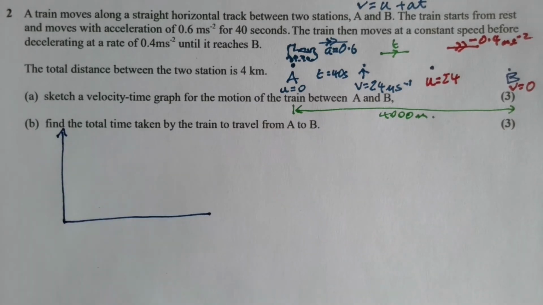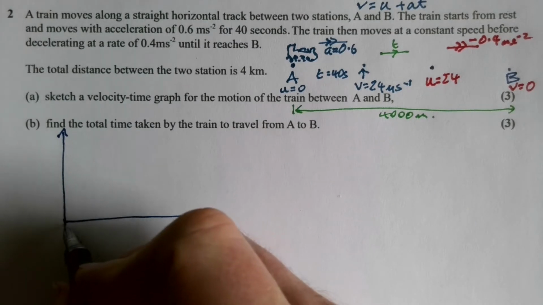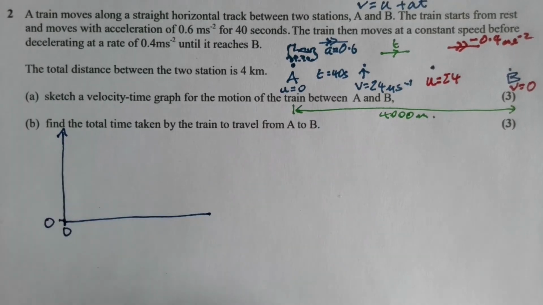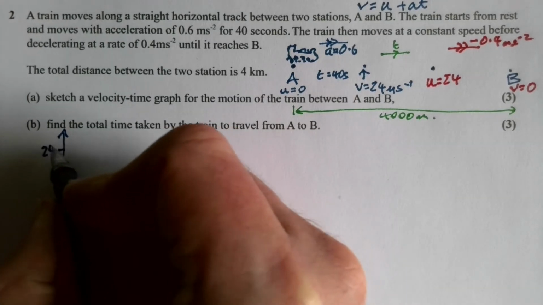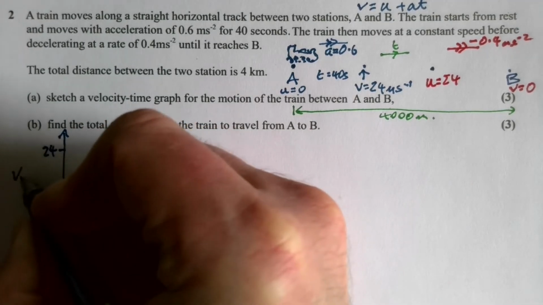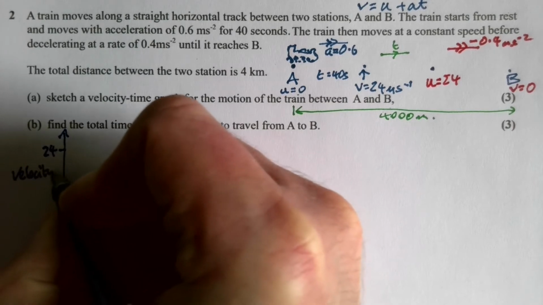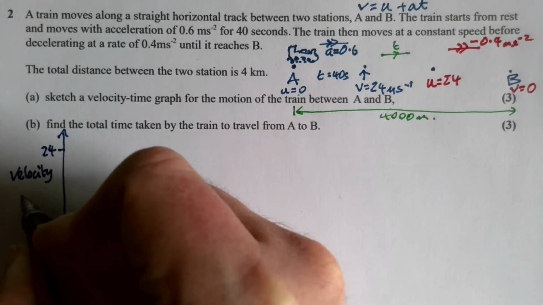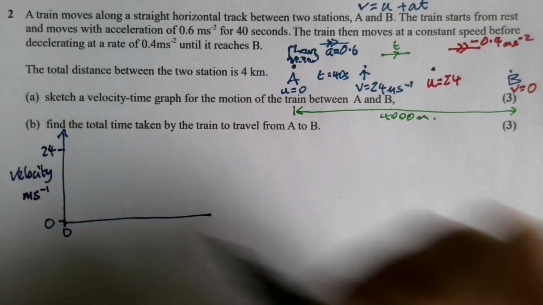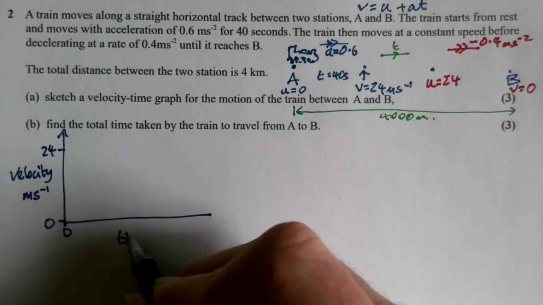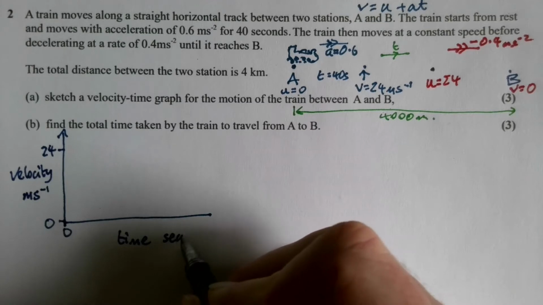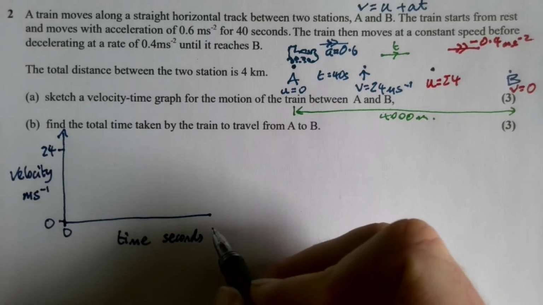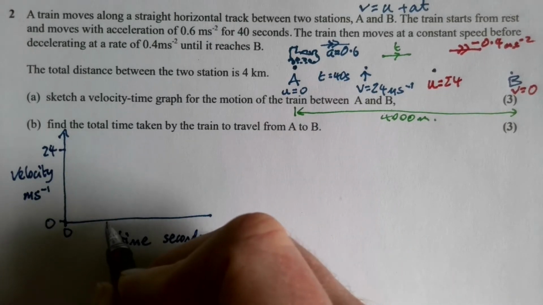So the velocity we're going to have on the top, they're both going to start at 0. The maximum velocity is going to be 24, so I'm going to put that in there. Make sure that you label your axes and give them some units, so that's meters per second. And we've got the time here, which is seconds,